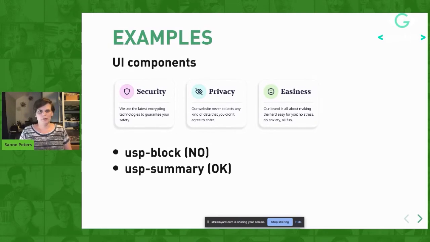And that's a problem with this type of naming, that you're talking about shape and not so much about function. And I think that is the general guideline about choosing names, to think about its function as opposed to what it looks like. So what it really shows here is that the function of this thing is to give a summary of the unique selling point, basically explain it just a little bit, and that's okay. But